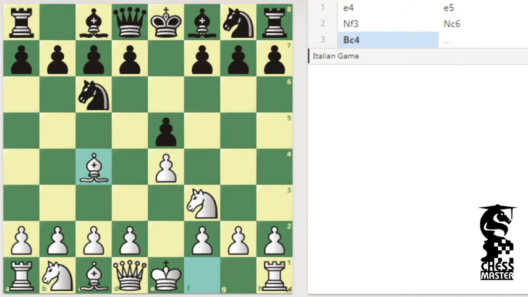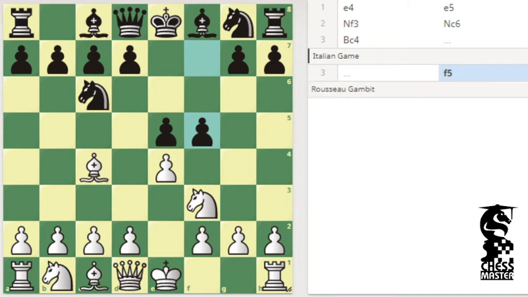Okay, let's say we use the f pawn right now. So we use the f pawn to move to the f5 square. Okay, this is known as the Rousseau gambit. So under this gambit,